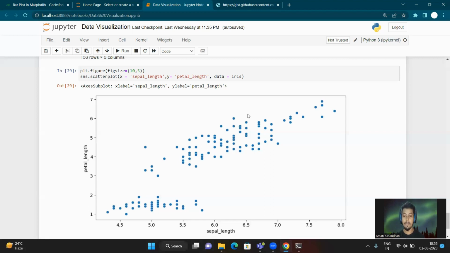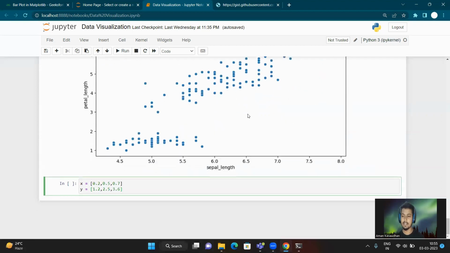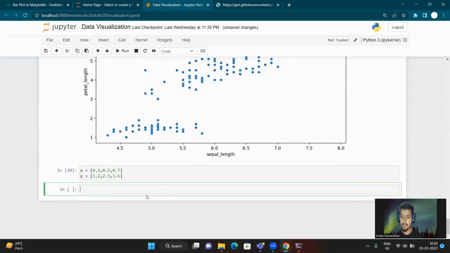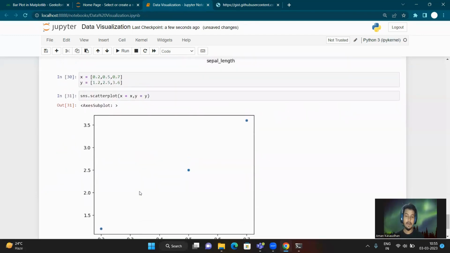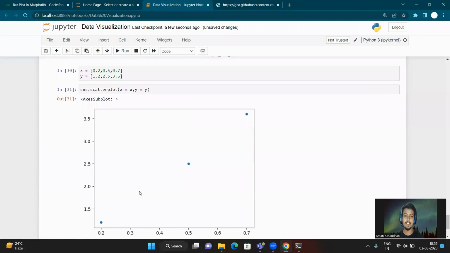Okay, now we have made this a scatter plot and you can play with it using any data. Like let's try to make the scatter plot for this data that we have printed: sns.scatterplot, and here we'll pass x is equal to x, y is equal to y. Now, as you can see, whatever points we have taken, it is just printing the exact replica of it